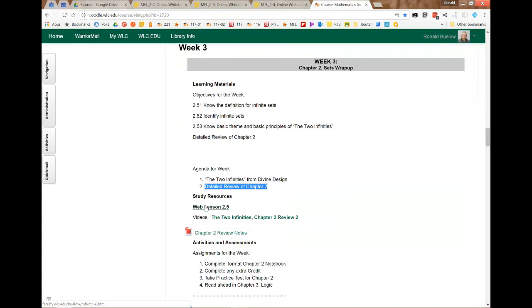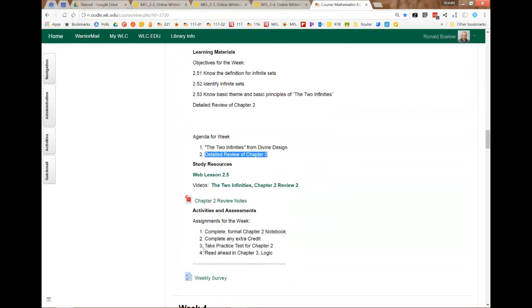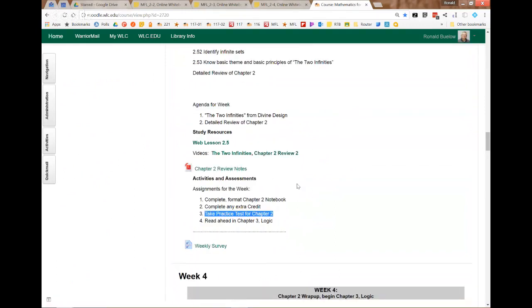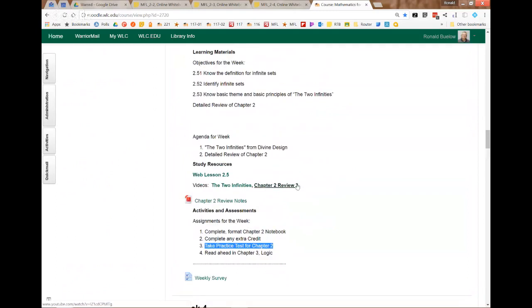Then, when it comes to Sunday, I'm going to have a review session online, but there won't be any new assignments. We're just going to be trying to get ready for this test. And I would like to encourage you to, we'll talk about this Wednesday night, but you want to start looking at the practice tests in the book.